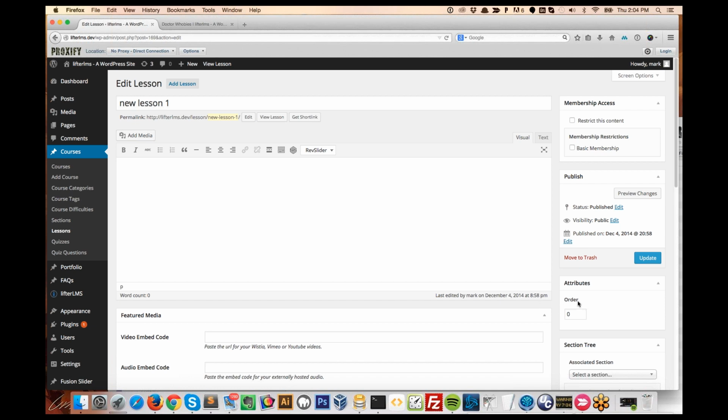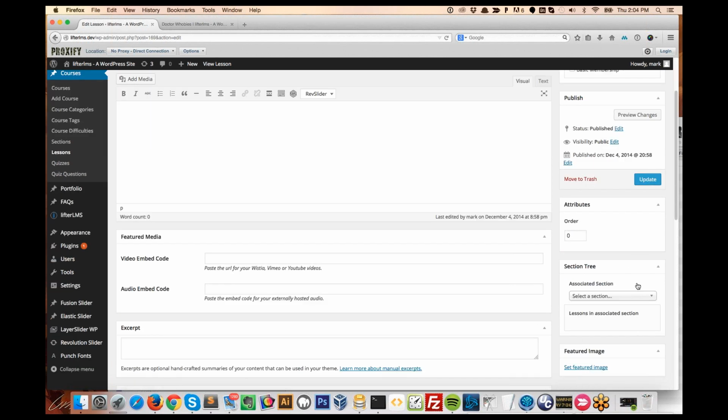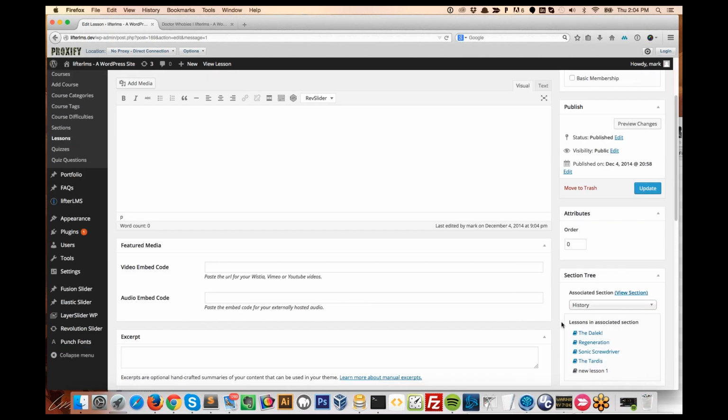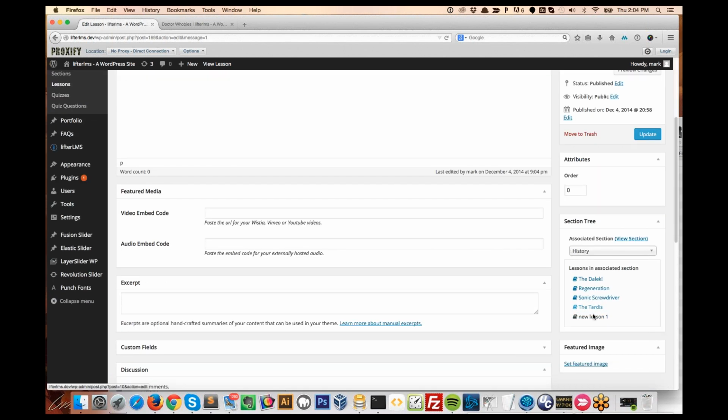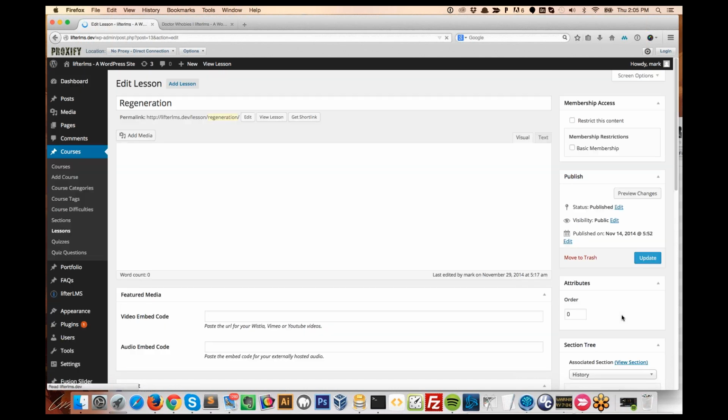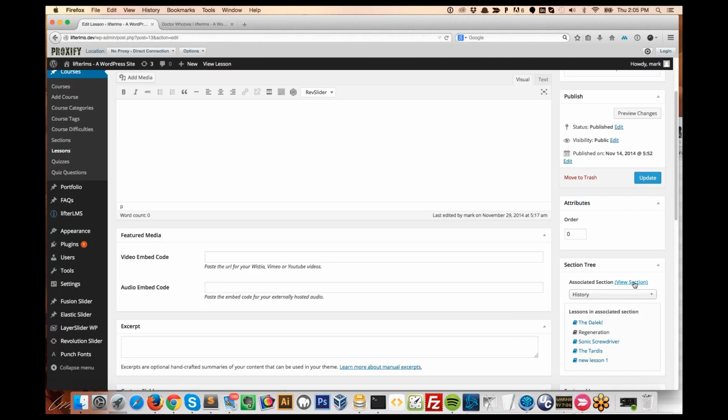When you go into the lessons now, when you create a new lesson, there's this new Metabox called Section Tree, and that's an easy way that you can quickly assign your lesson to a section. And you'll see here's all the lessons that are also associated with that section, and you can easily hop around between them now. You can also jump over to the section,